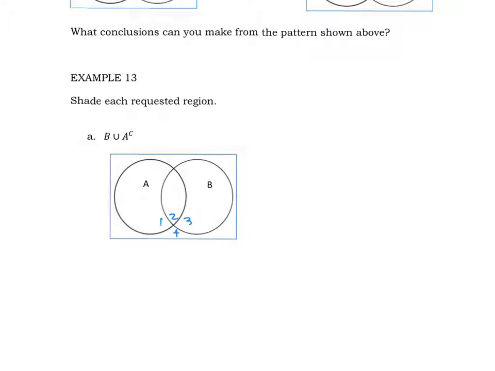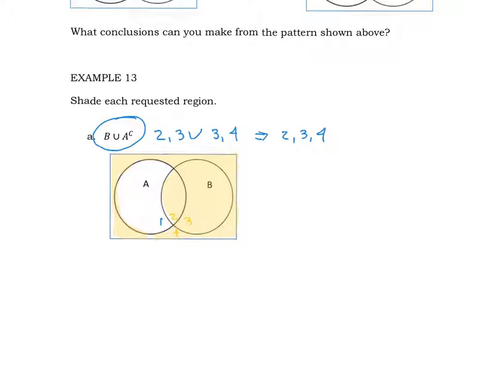So remember that set B is represented by regions 2 and 3. Complement of A is represented by regions 3 and 4. And that means I will be shading regions 2, 3, and 4. Okay, those regions are shaded at this point. And I would like to point out to you that what we have shaded here, we can rewrite